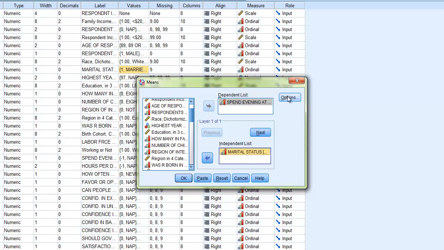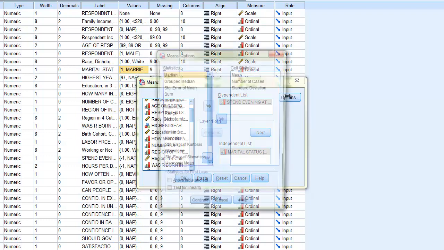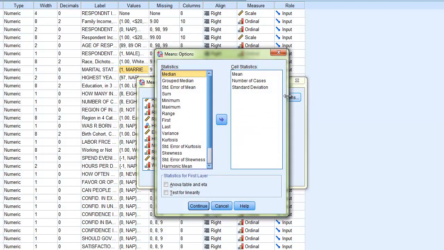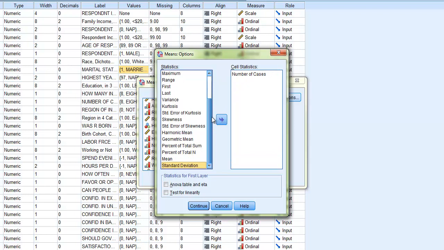I'm going to go to the top right hand corner of the dialog box and click Options. In this instance, you're picking which statistics you want to compare across the groups. Notice that default is mean, number of cases, and standard deviation. This variable that we're analyzing in the dependent list is not an interval or ratio level measure, and so a mean is inappropriate. So actually, let's take that mean and move it back over here. Additionally, because we're examining an ordinal level measure, we don't need standard deviation. So what I'm going to do is choose median,